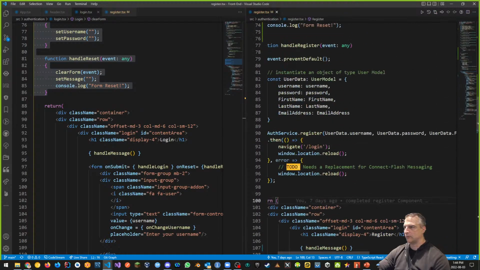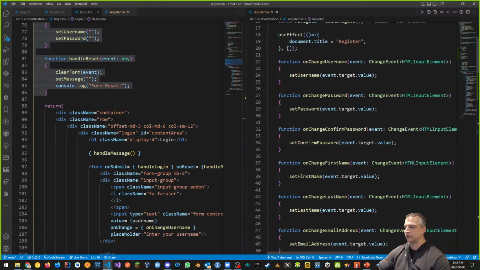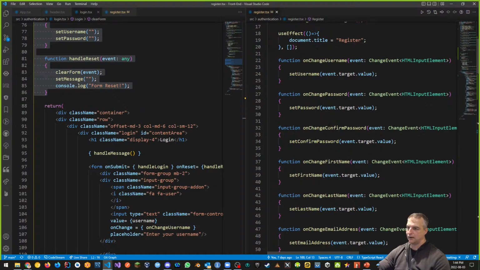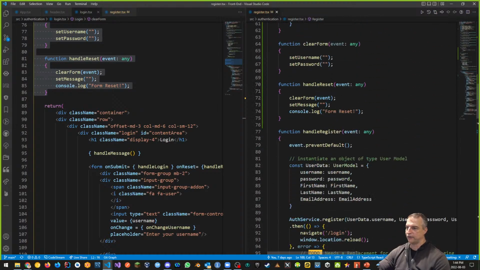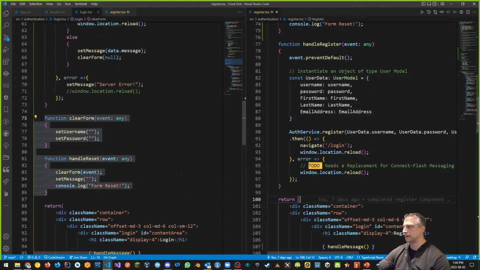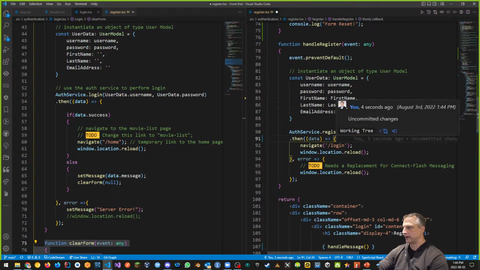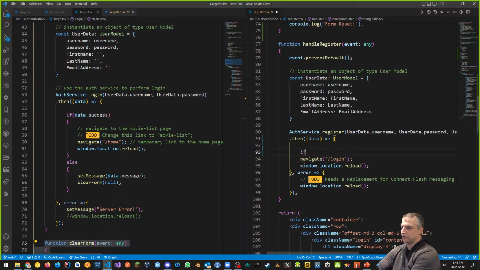And we also need one more thing, because when we get information from our form itself, on change and so on, and when we actually handle the registration piece, we have this auth service register, and it comes back with something, just like we did with our handle login. But right now we're ignoring it. See how we're not ignoring it here. We need to not ignore it here. We're going to get some data back, whatever that data happens to be. And instead of us navigating to the login page when we register, what if we're going to get an error? Well, we have an issue where if the data